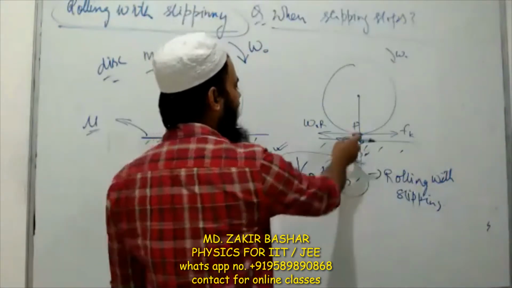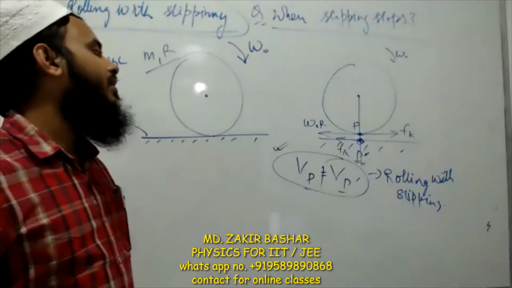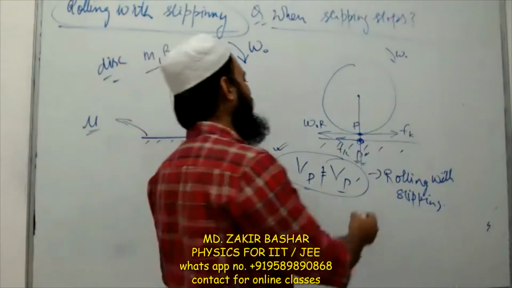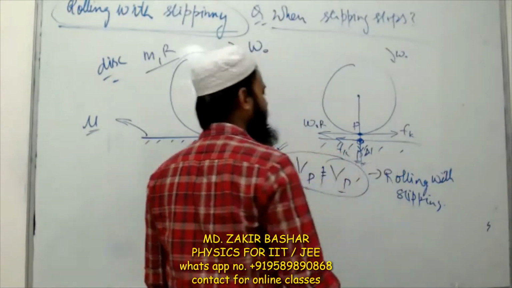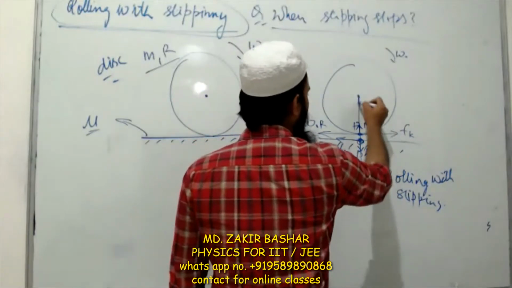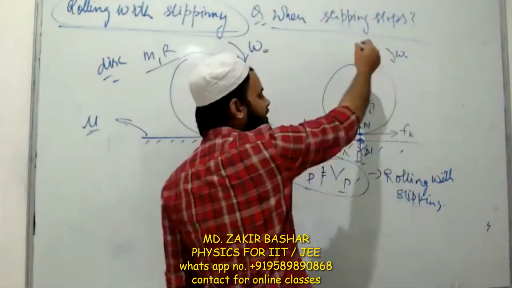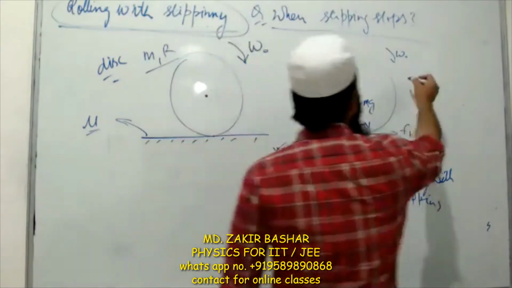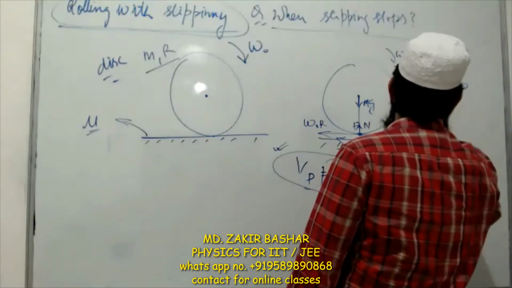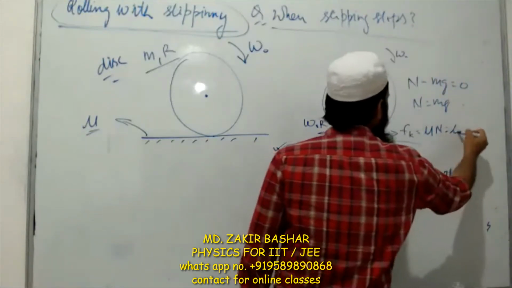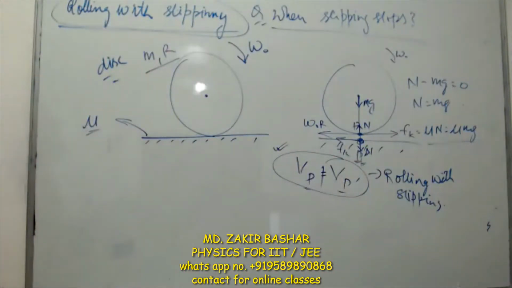Now everything is very simple. After applying the kinetic friction force, just for finding the value of the kinetic friction, if you check at this point, this point will apply a normal force on the ground, like this, N. So this is action, this is reaction, and mg will be in this direction. You will see that the disk is in equilibrium in the y direction. So you can write N minus mg equals 0. So N will be equal to mg. So from here, mu into N, that is mu into mg. From here you will get the value of the kinetic friction as mu into mg.